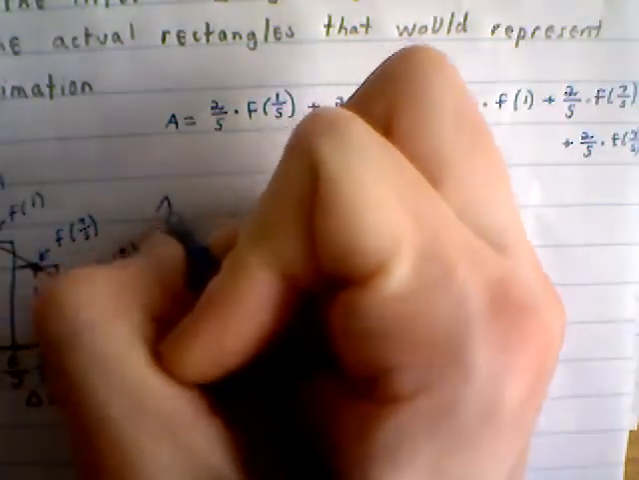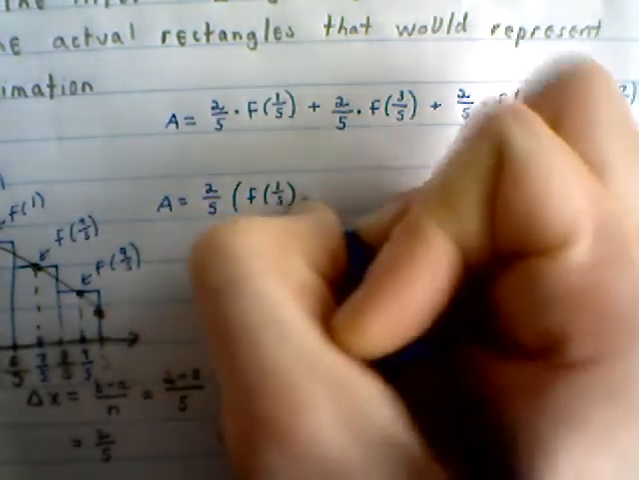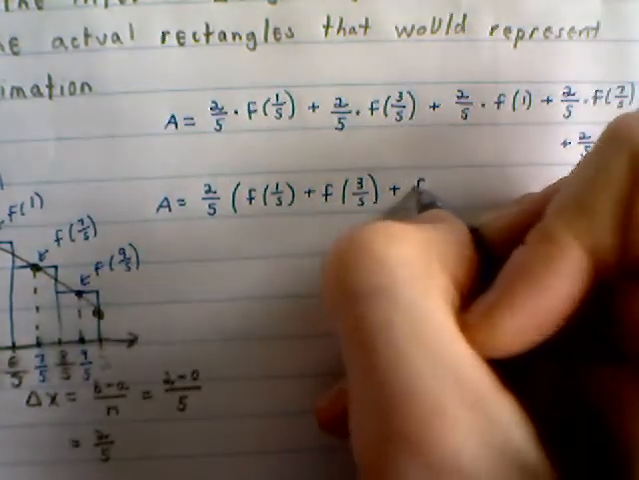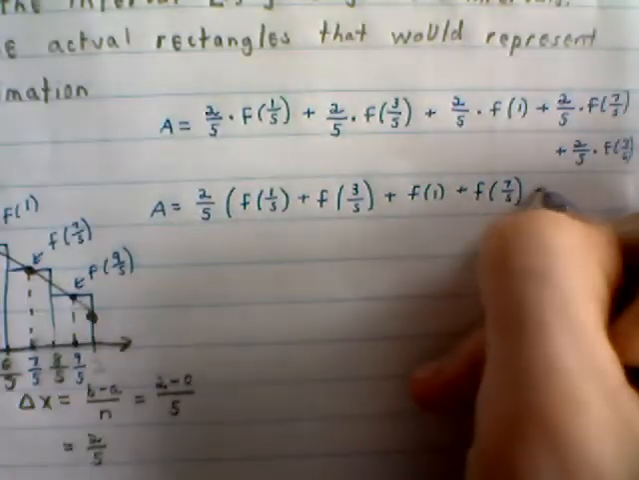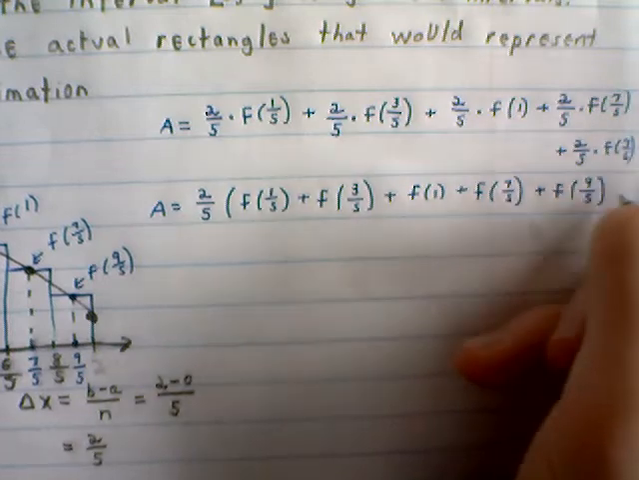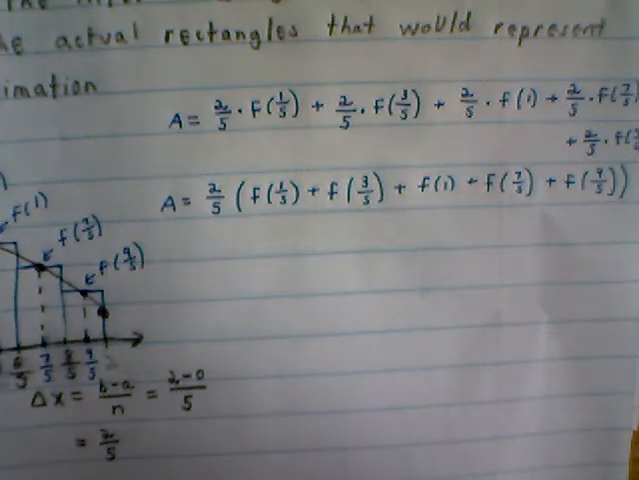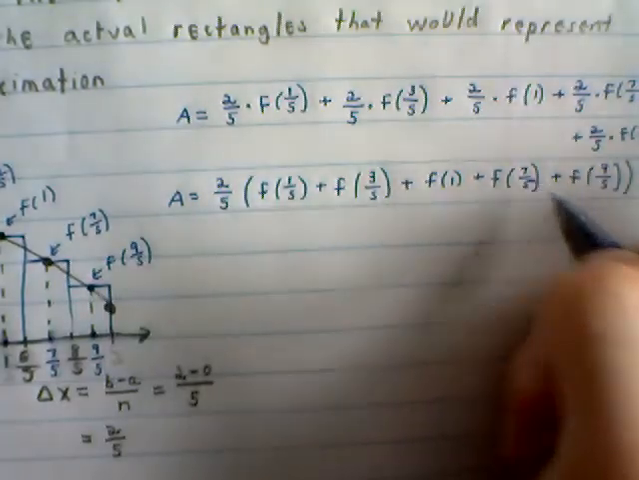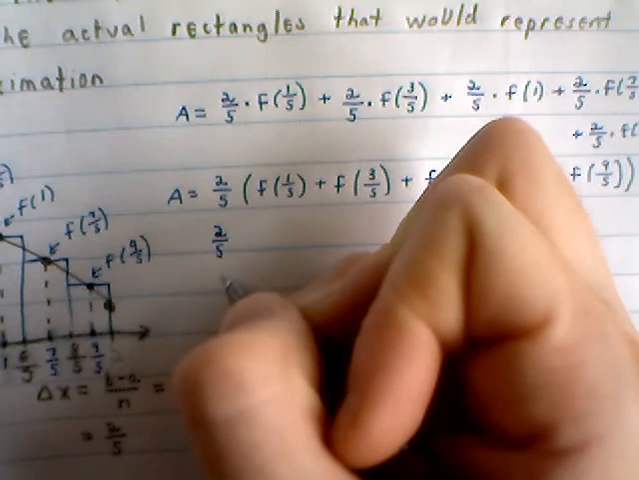Let's factor out a 2/5. So our area is 2/5 times f of 1/5 plus f of 3/5 plus f of 1 plus f of 7/5 plus f of 9/5. All right, I'm happy with this expression right here. But then what we can do is plug in the values of 1/5, 3/5, 1, 7/5, and 9/5 into the original function. I already did this with the calculator. We're going to get